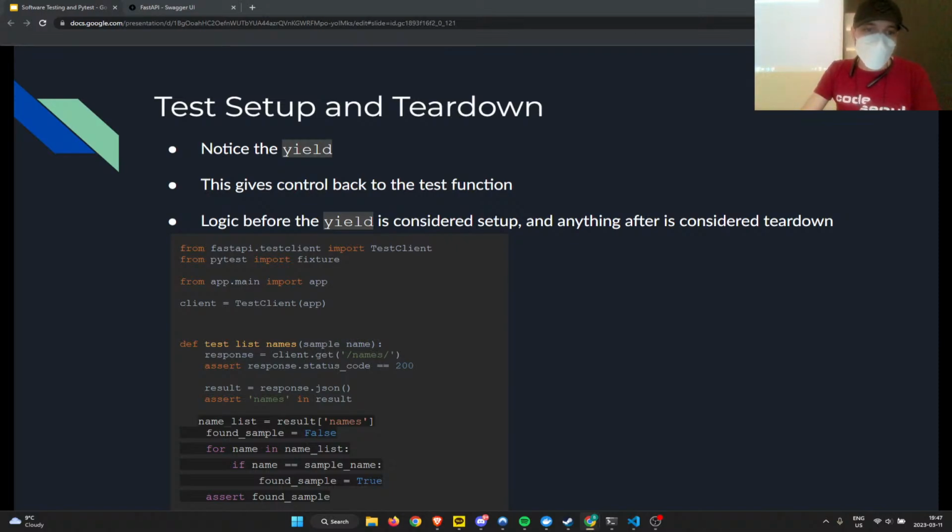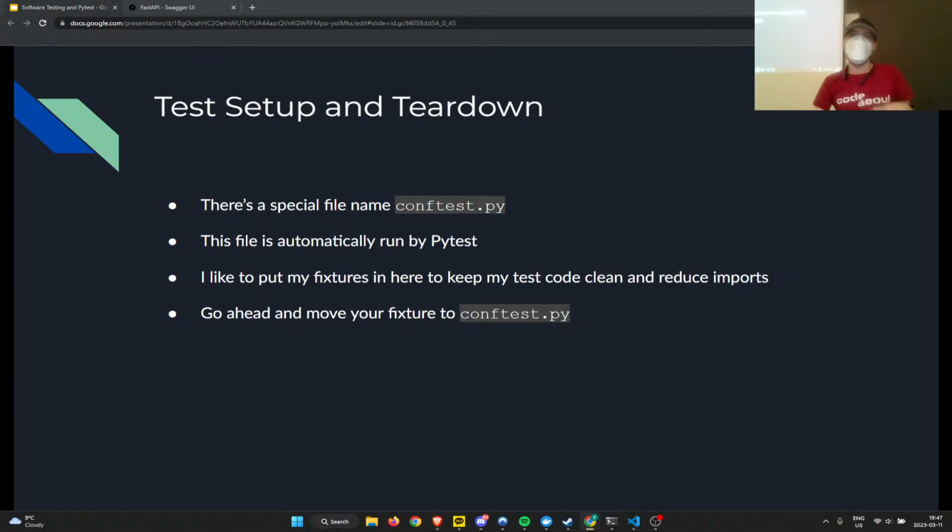So we did that, so that's great, but then what if you want to have one fixture shared between a bunch of tests? Like, let's say this API has names and addresses, and that's terrible API design, but let's say it had a whole bunch of different modules, right? And we wanted to share fixtures between modules. You don't want to copy the fixture into each module, right? You want to have them in a shared place. You could do a whole bunch of imports, but that would be a pain.